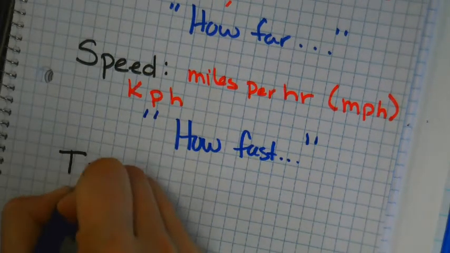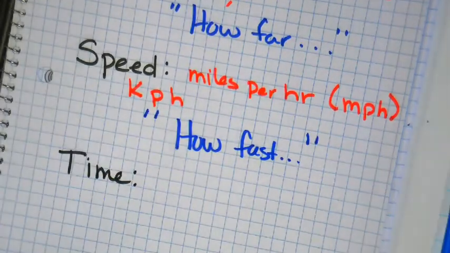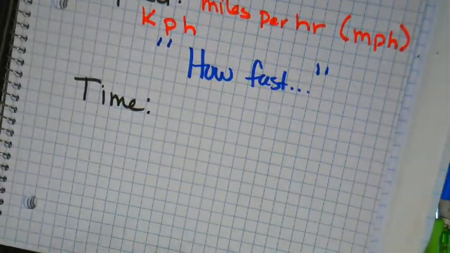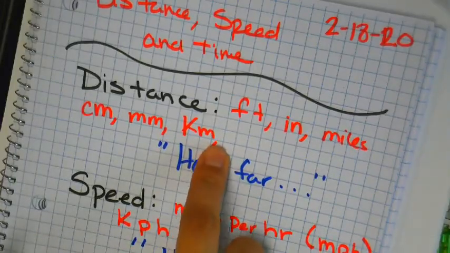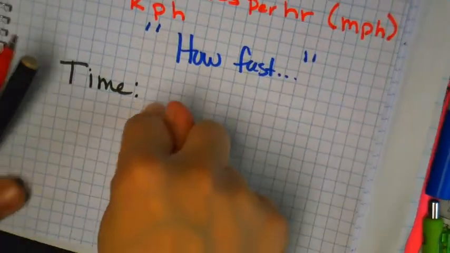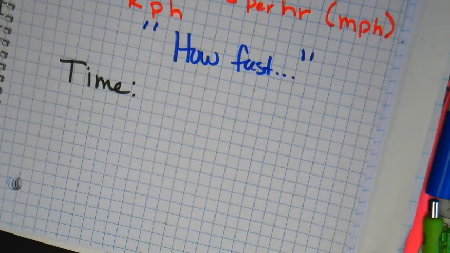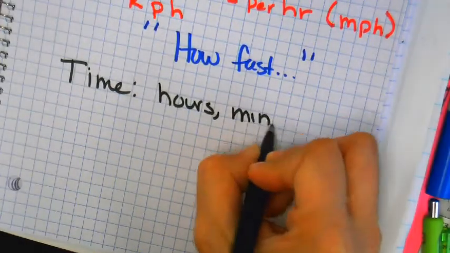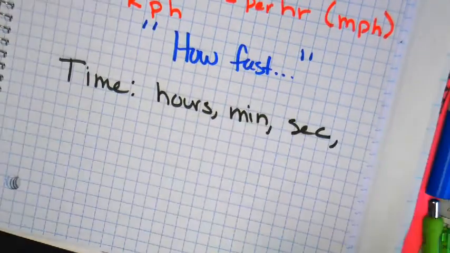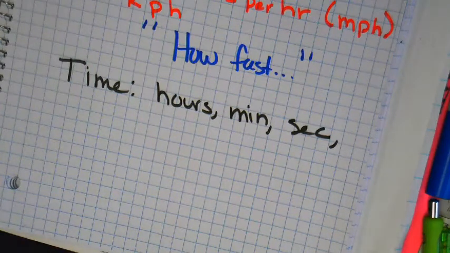How do we measure time? Like the clock right there? Well, that's what we use. We didn't write ruler for distance, did we? So how do you measure time? What are units for time? Hours. Minutes. Seconds. What else? What other units